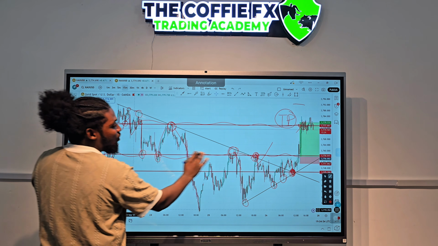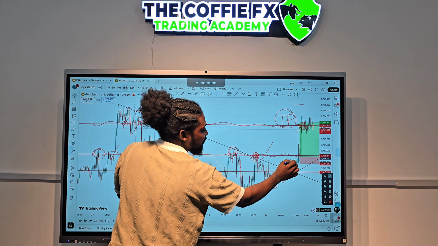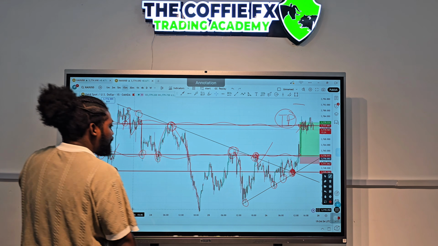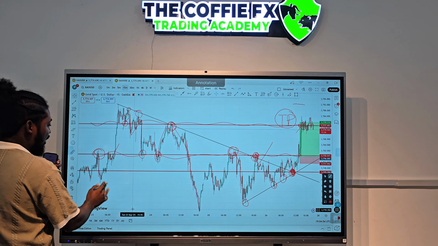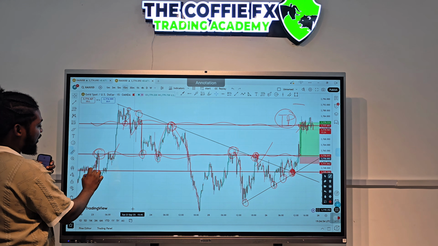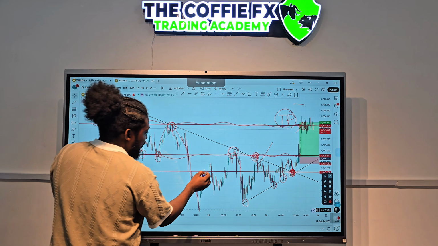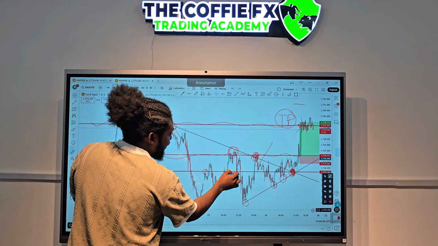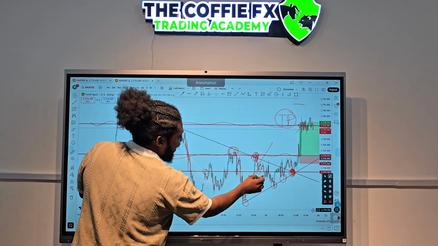So you can see I use this level as my entry, right? We'll get back to that. Now you can see I got another level here, right? You can see price reacting to this level. You got the break, you got the retest, price moving upwards. You can see the reaction, we got the break, you can see the touches, you can see price reacting to